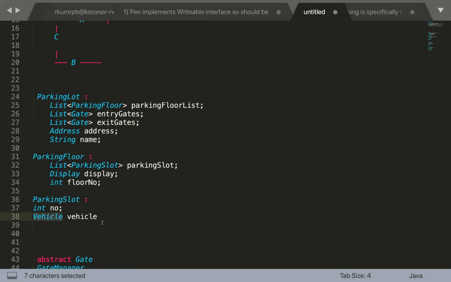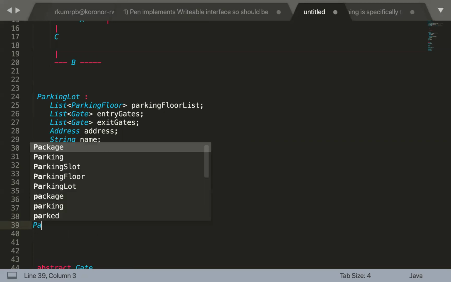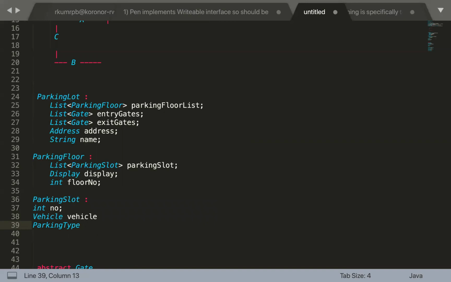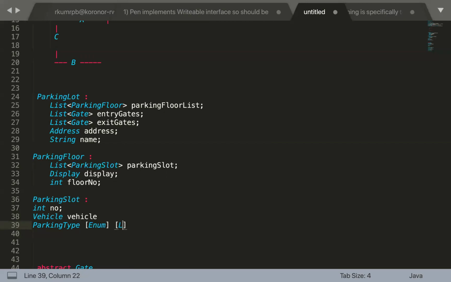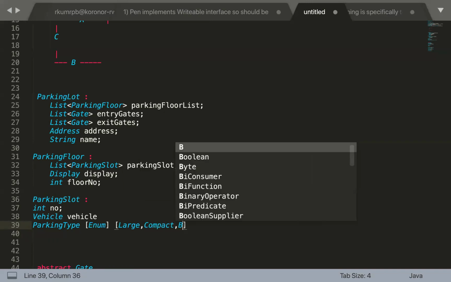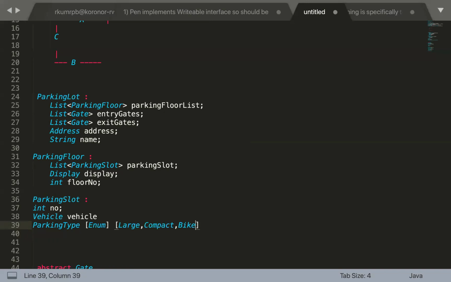So one way of handling it can be the parking type with some enum, with some values, probably large and compact, bike, this kind of thing.